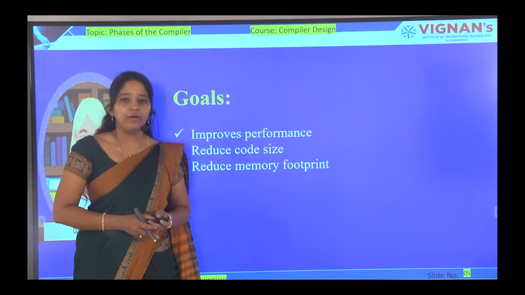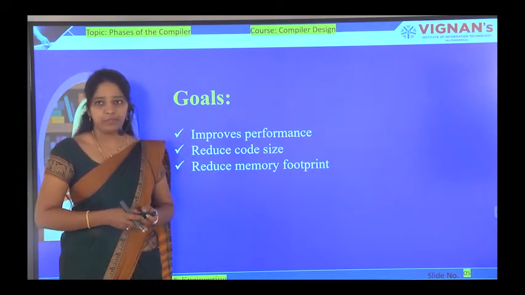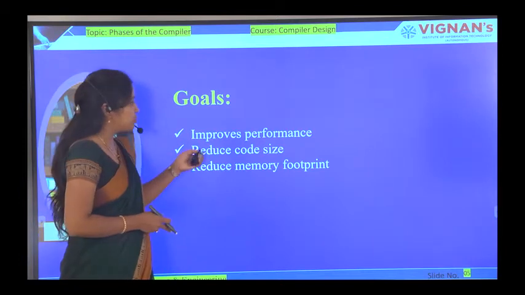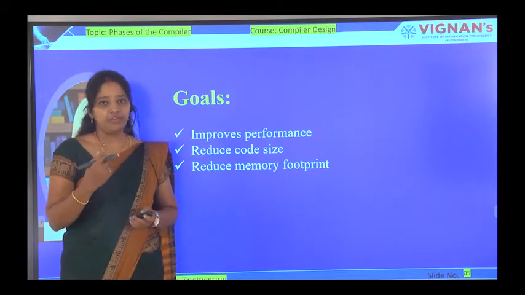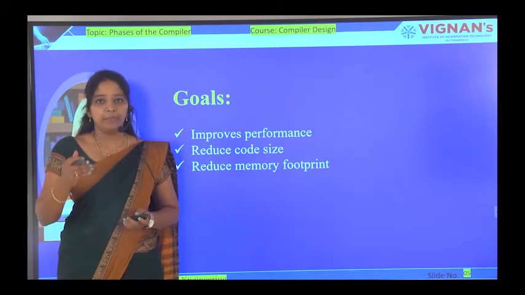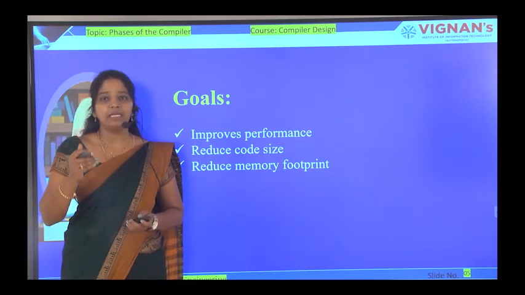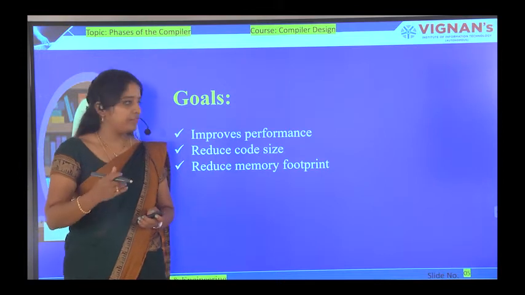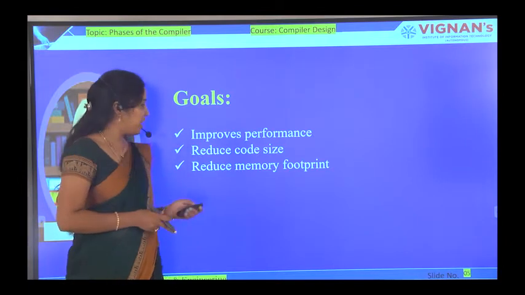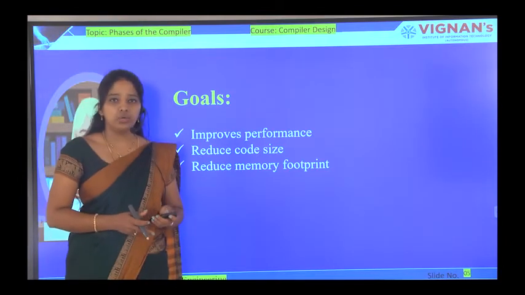Now what are we achieving from peephole optimization? What are its goals? It improves performance. When we reduce a code, the efficiency will obviously be greater because the execution is done in less time. So we improve the performance of that code, and it reduces the code size.